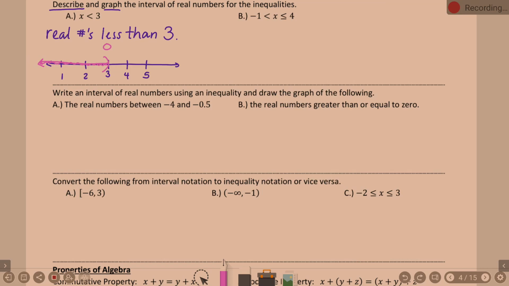Now, what's happening at -1? Is -1 included or excluded? It's excluded because it's not equal to. What's happening at 4? Is 4 included or excluded? Included. It's included because it's equal to. Okay, so what I have written on mine, real numbers between -1 and 4, excluding -1 and including 4. I know it's a lot, but